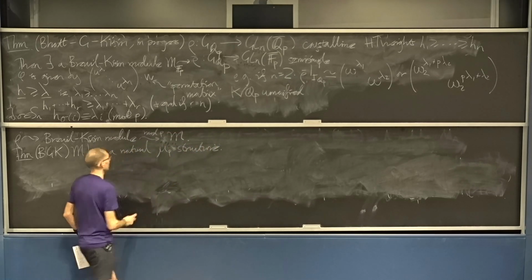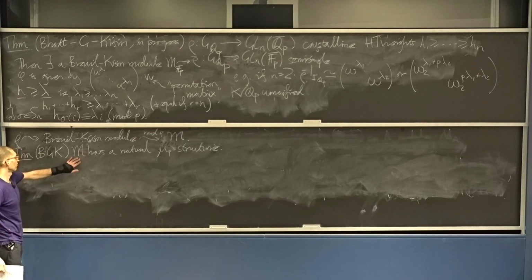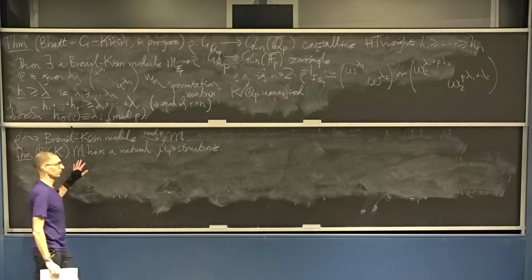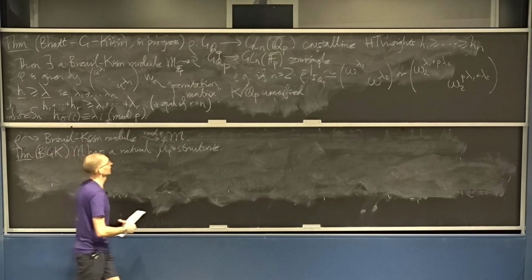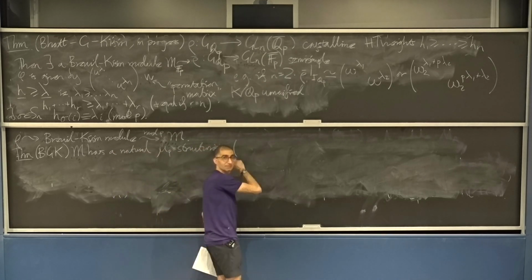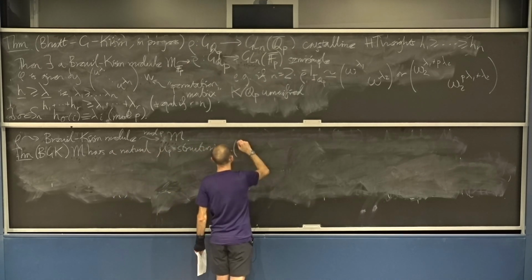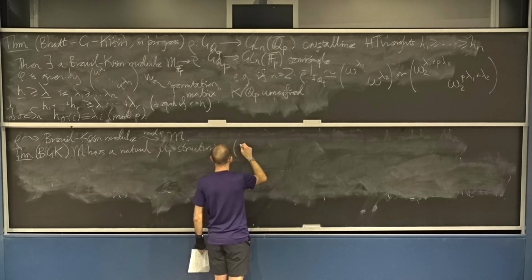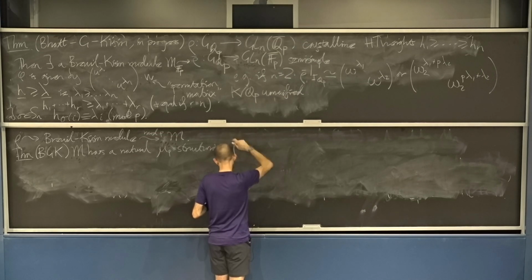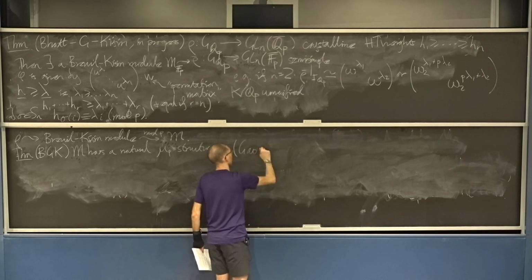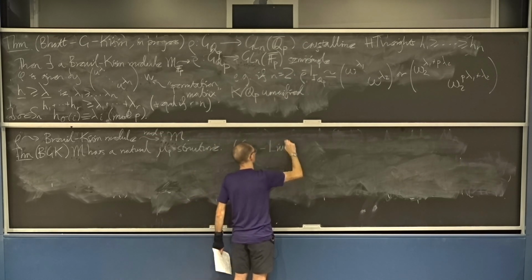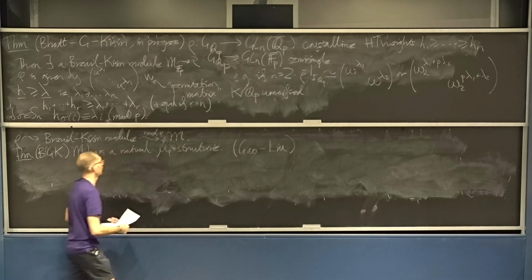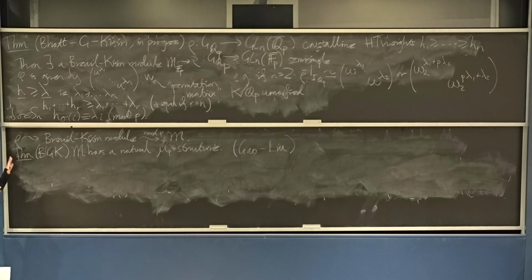This is some property that is very much not true for general Breuil-Kisin modules, but it is true for the ones that actually come from crystalline representations. And I should say, I could make this explicit, but not in one minute. There's a proof of the same fact very recently by Hui Gao and Tong Liu, also independently, subsequently proved by a method that